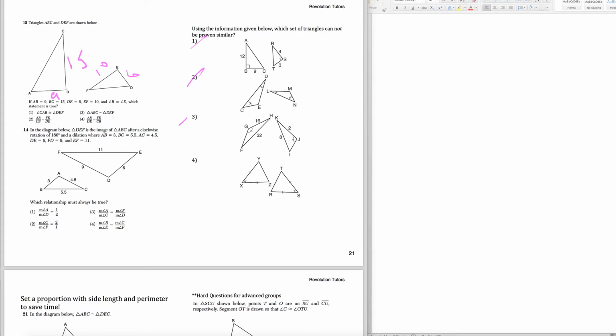And this one they give you side, angle, side. Side, angle, side proves similar. But angle, side, angle, doesn't angle, side, angle prove congruent? The answer's 3. So if it proves congruent, isn't it obvious that they're similar? Yeah, but